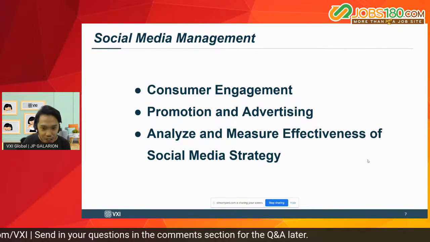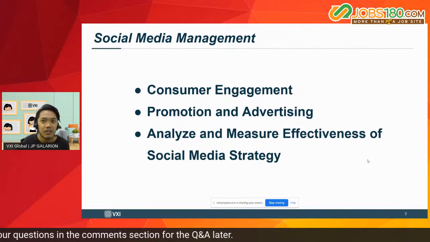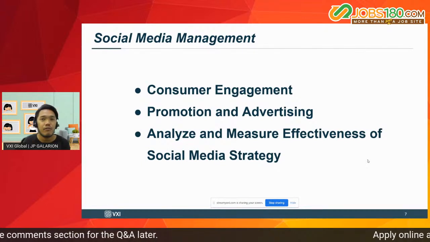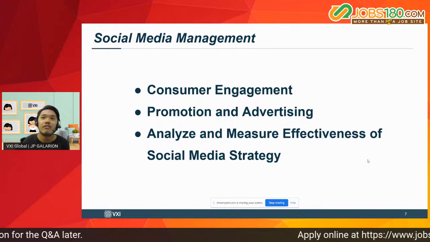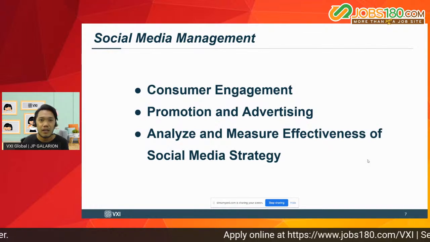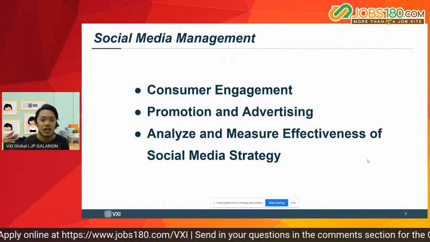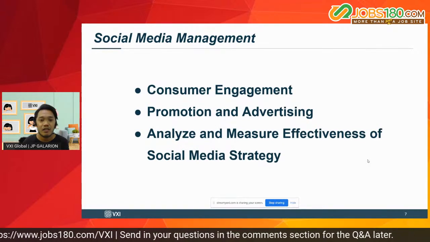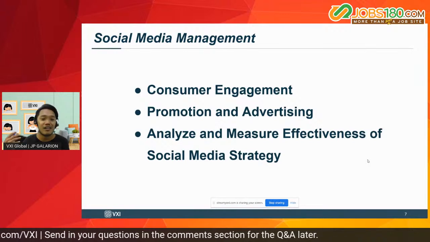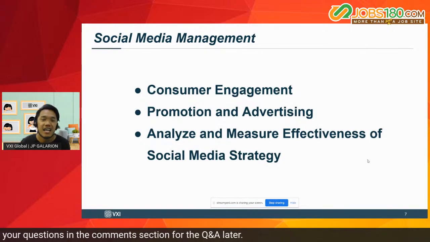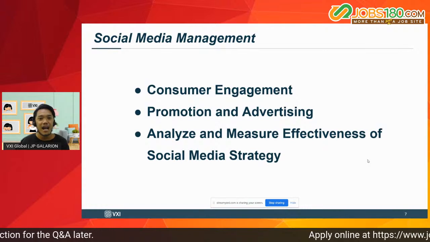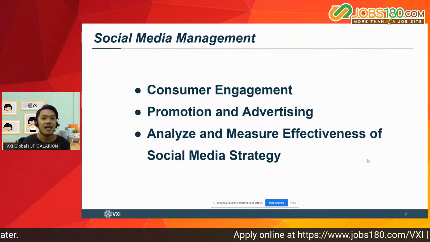So promotion and advertising. Like what I've mentioned earlier during the vlog part, many companies or owners use the platforms of social media to promote their products, ganyan. So we use different platforms also, like yung mga static na mga ads through social media,